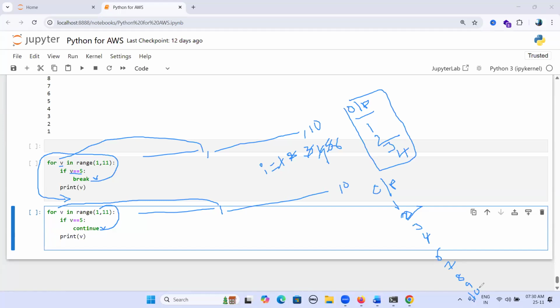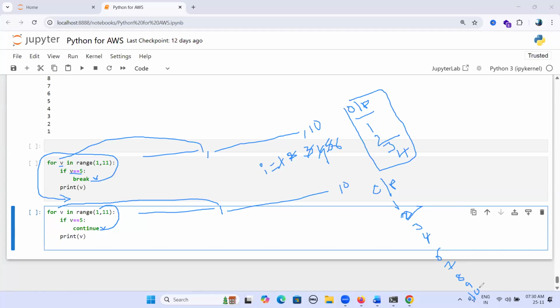Continue, if the condition is satisfied, ignores the current statements and continues to the next iteration. If break is satisfied, control comes out of the loop; it will terminate the loop.